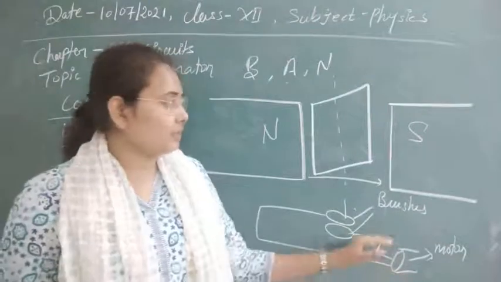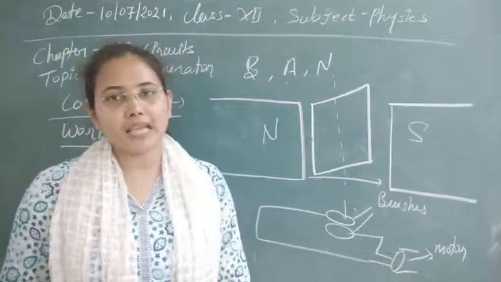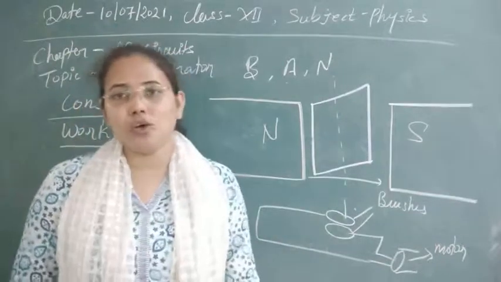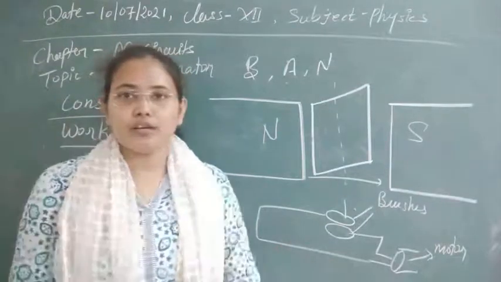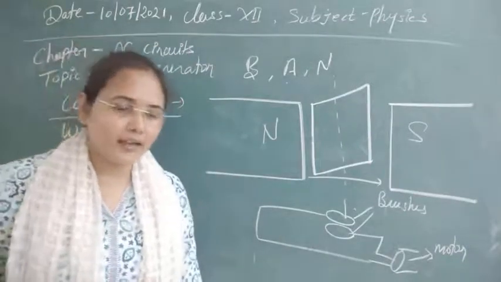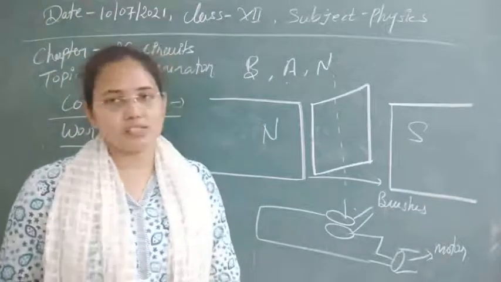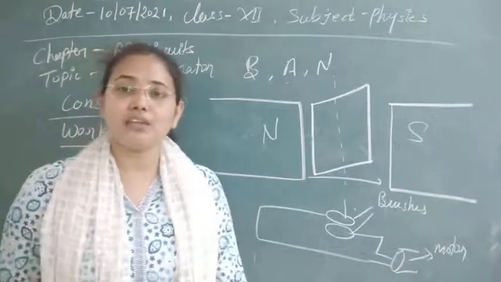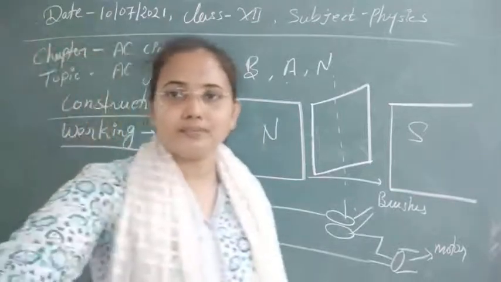So here you can see that we are converting mechanical energy into electrical energy by this AC generator. This is a very easy purpose here. We are using the law of energy conservation by this kind of arrangement. So let's see now the theory of AC generators, and after the theory, the formula that we are using and how the whole device works for the generation of AC currents. Later, the graphs that we obtain. So let's see the output of this whole circuitry.